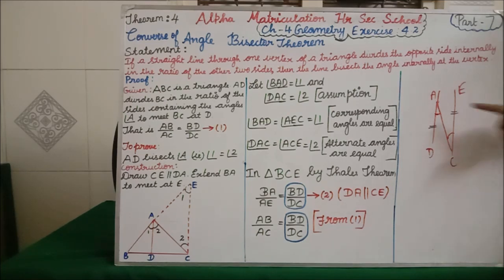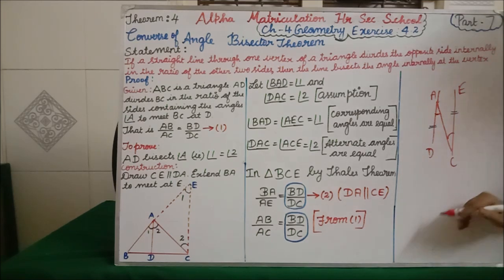See, this is alternative angles. One is coming this side and another one is coming this side. In parallel lines, when one transversal line intersects, both the angles are alternative angles. Sometimes you can say alternative interior angles. Clear, all of you?